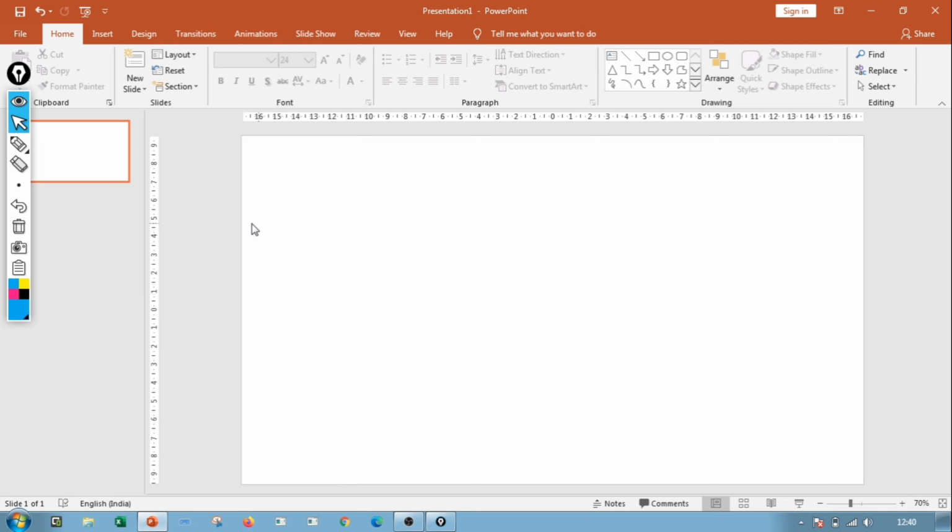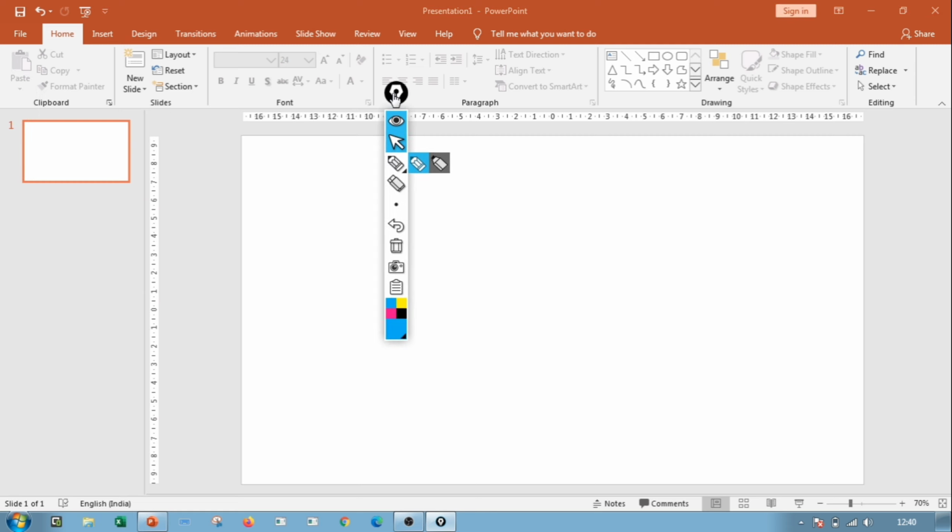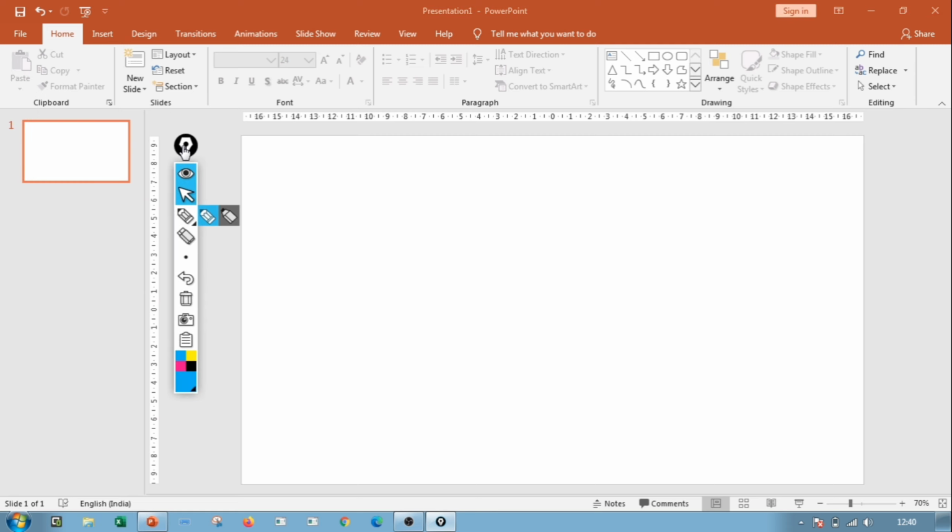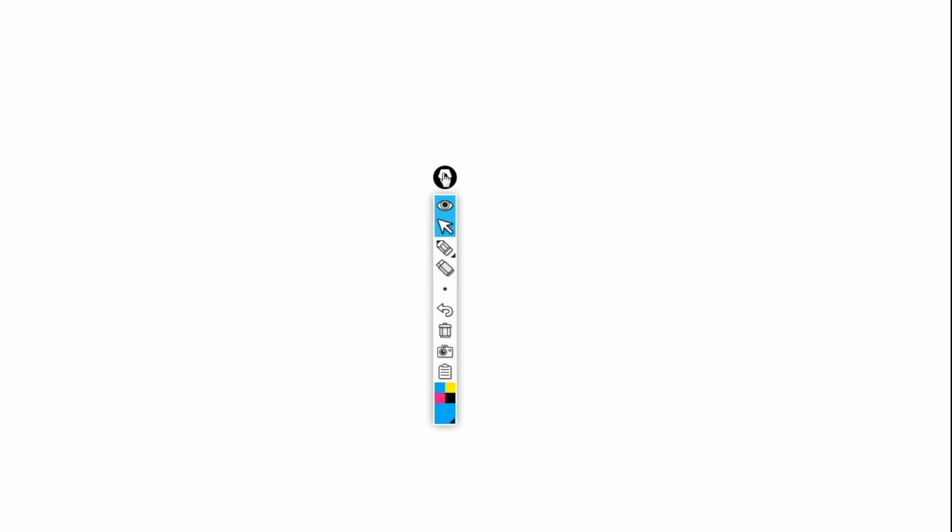Here I will explain how to use pen tablet when you are dealing with Microsoft PowerPoint. So when you are using Microsoft PowerPoint, you also have to use Epic Pen. So this is Epic Pen software. You can drag Epic Pen software by using this icon wherever you want, and you place it wherever you want to place. And you see it has different options.